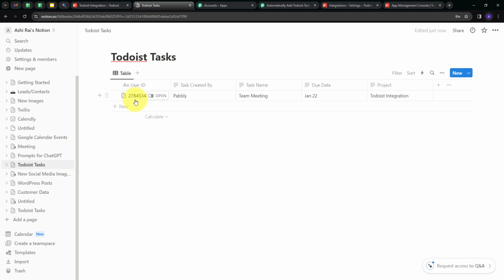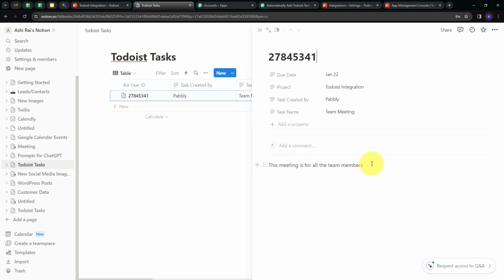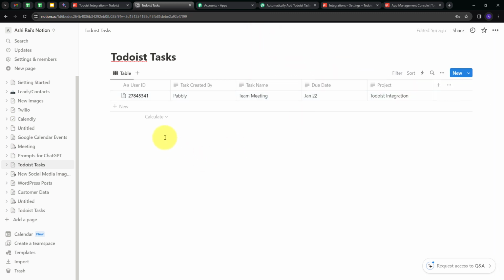So this is my user ID and this task is created by Pabbly and the task name is team meeting. And this is my due date, which is January 22. And my project name is Todoist integration. And for the description, I have to open this side peek. And here I have this description of my task, which is this meeting is for all the team members. So here I have added these details of my project and the task that I have created in Todoist automatically